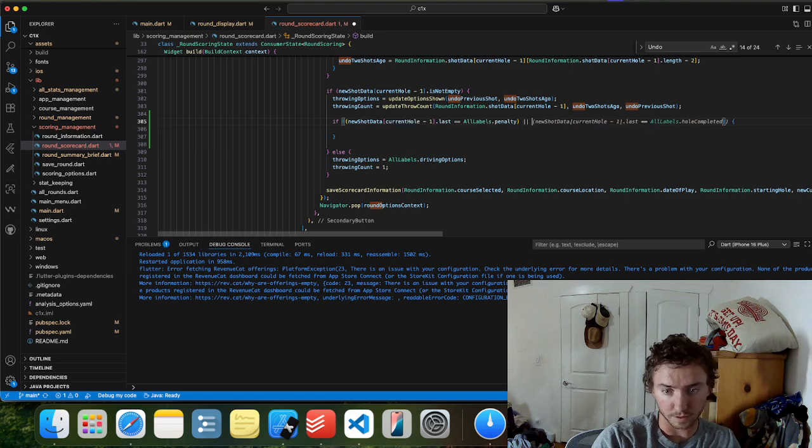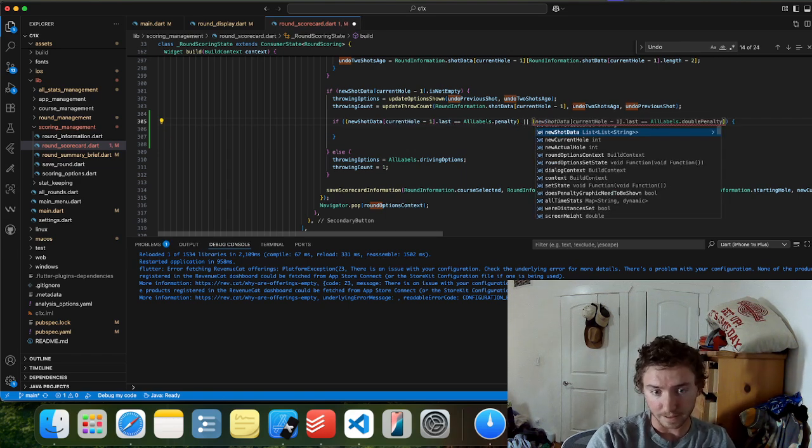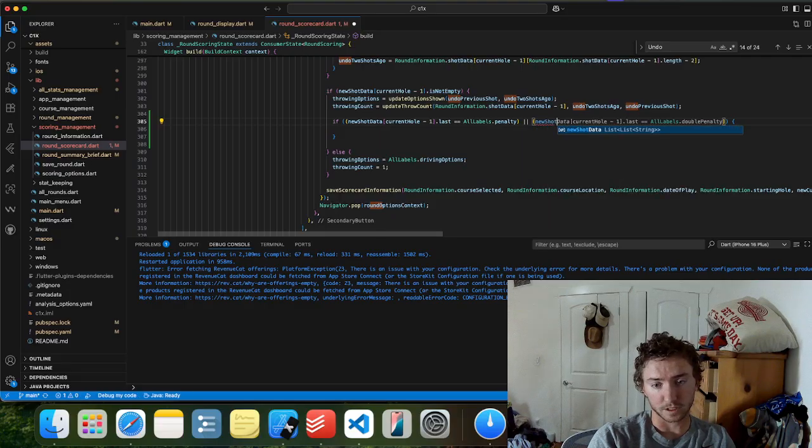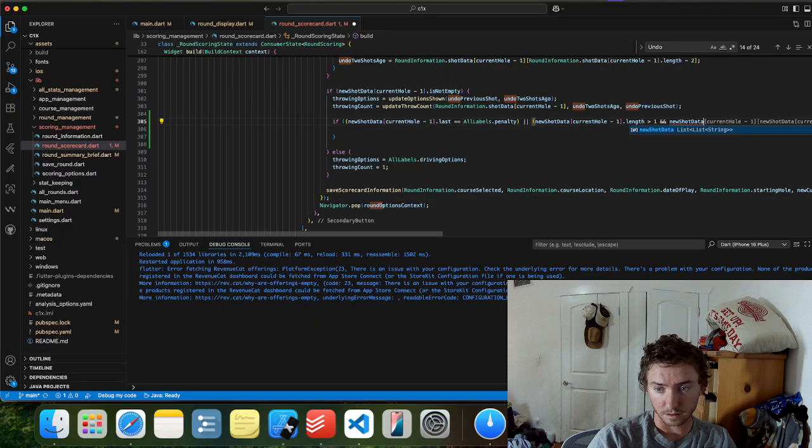And then here we do a or new shot data current hole minus 1 length is greater than 1 and new shot data current hole minus 1.